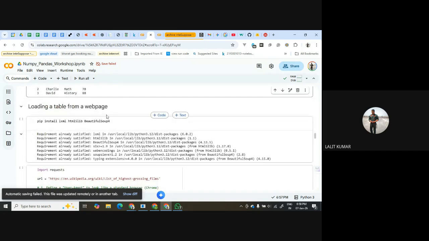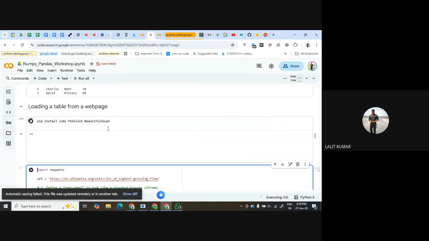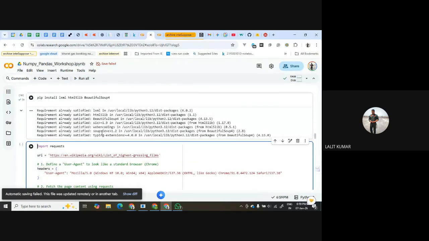Now there is another thing: we can use pandas to load tables from a web page. For a web page, first we need a parser, for example Beautiful Soup, so we have to install all this. I have already loaded it.